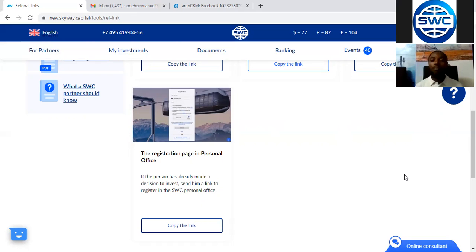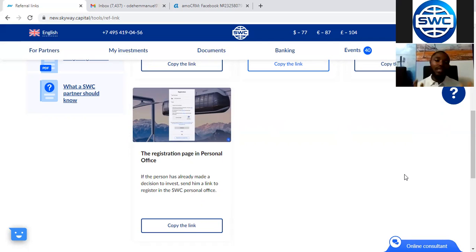But after you subscribe and sign the partnership agreement, you get your referral links. So now you can see the referral on your back office.